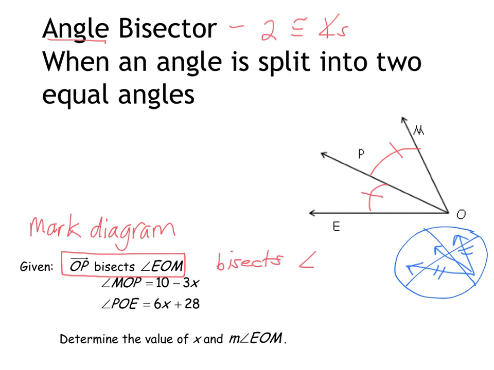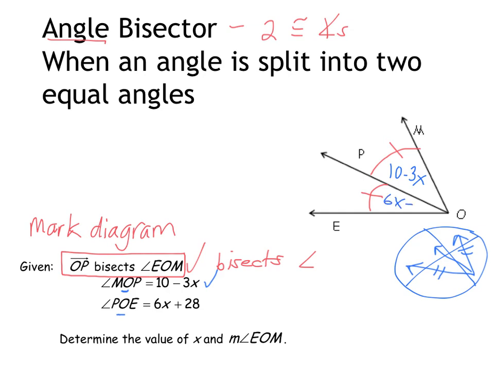So we have shown that we have two equal angles. Remember, we mark angles on the inside near their vertex to show that they're equal measure. And then we can fill in the rest of the problem. Angle MOP, notice how O is the vertex, so I'll write this information right near the vertex. Angle MOP, so I'll write it at angle O, is 10 minus 3x. I'll put a check mark next to each given. That's a great habit. And then angle POE,